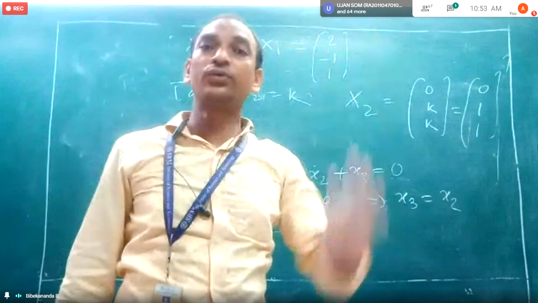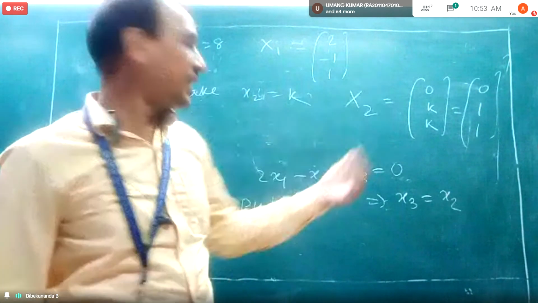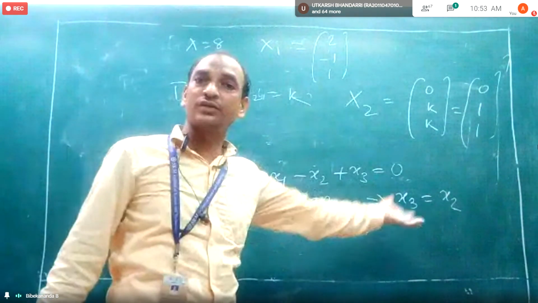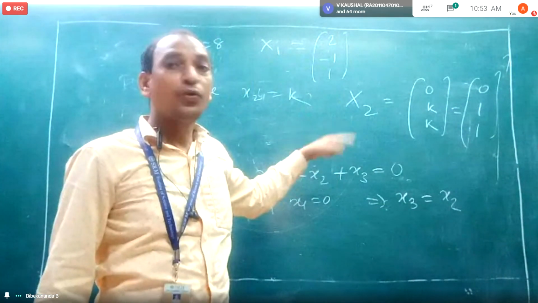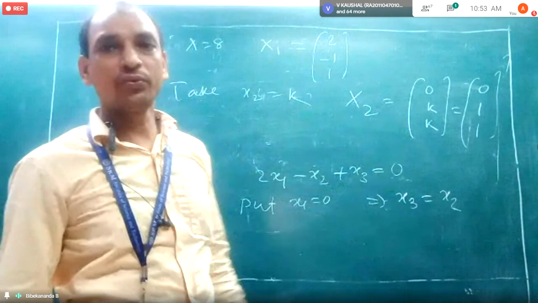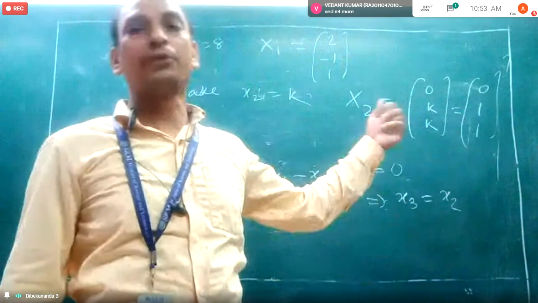Another eigenvector for lambda equal to 2 is there. But if it is not a symmetric matrix, then we can take a2 equal to 0 and again we can solve like this and find it. But the matrix is symmetric, so we cannot do it that way. So instead of that, we will use the orthogonal property.